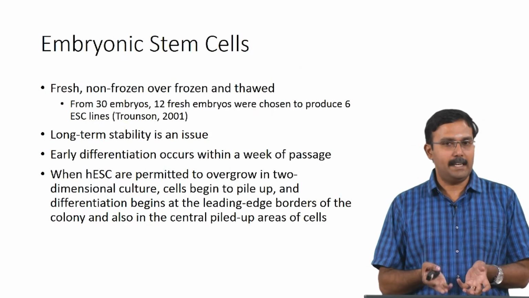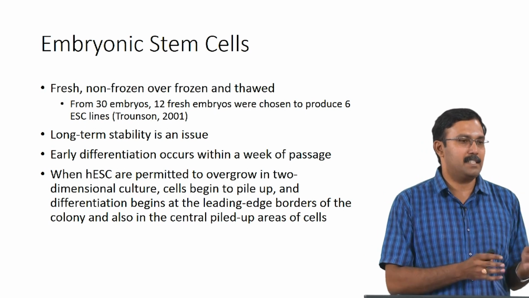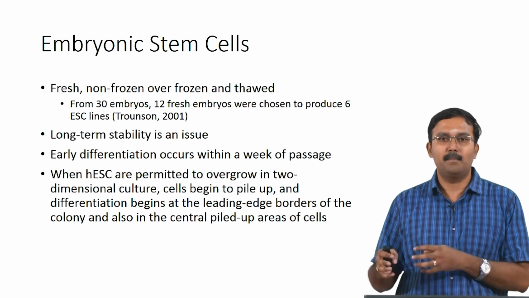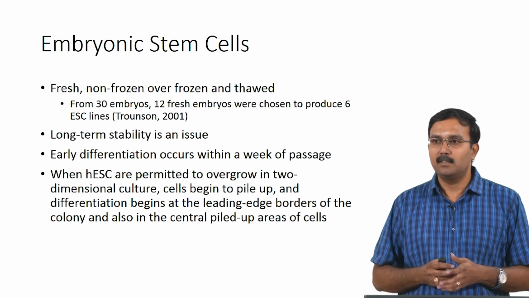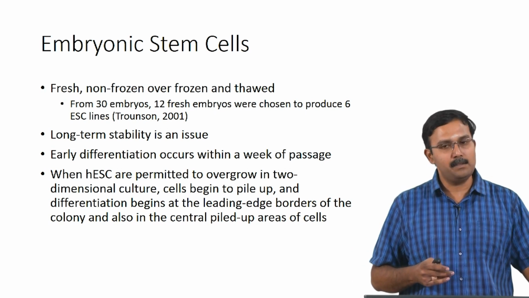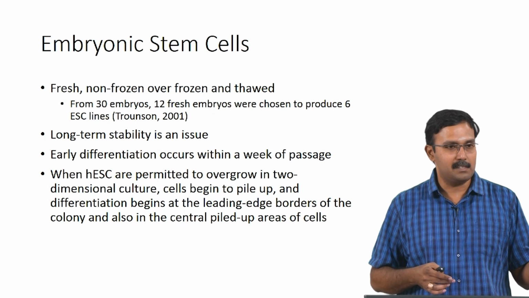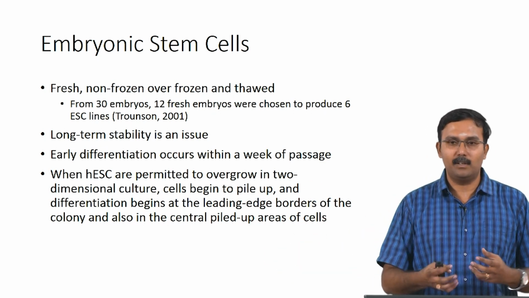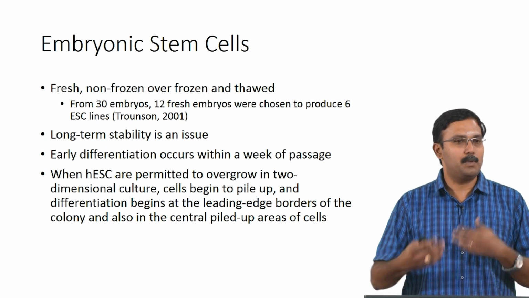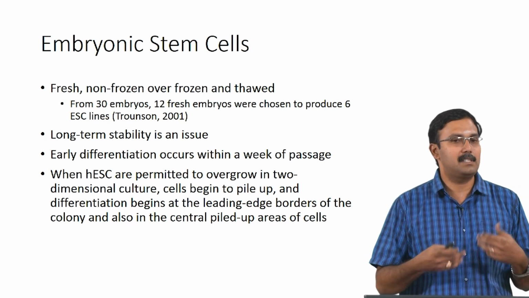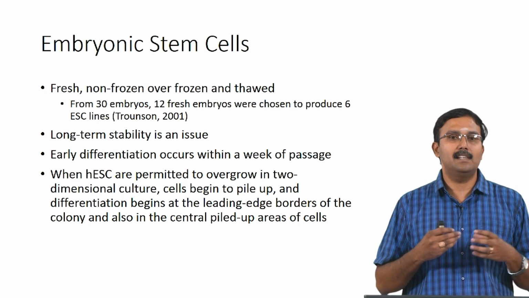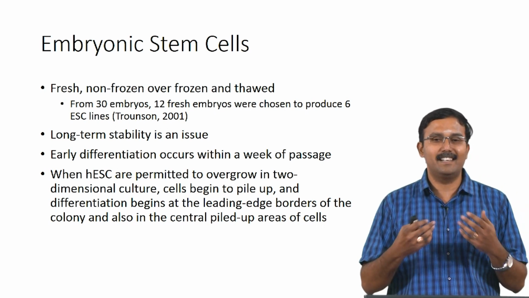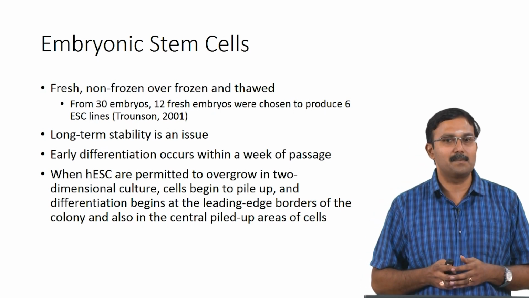So, this goes for any cell type. Fresh non-frozen cells are always preferred when you are talking about primary cells compared to frozen and thawed cells. The cell lines which you use are different, those are immortalized. Those, yeah, you can put in liquid nitrogen and then take out and use, but for primary cells you would not want to do that. That is why you need to harvest them regularly. So, this means it is a problem, right. You are not going to get enough cells with respect to embryonic stem cells.